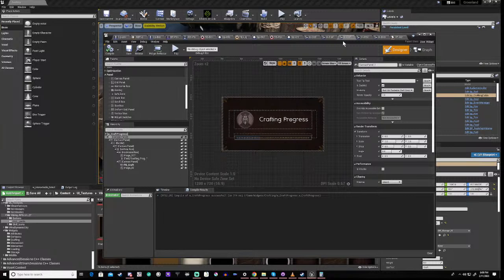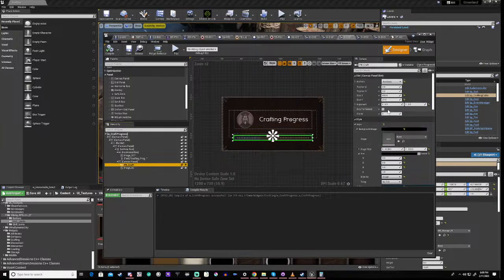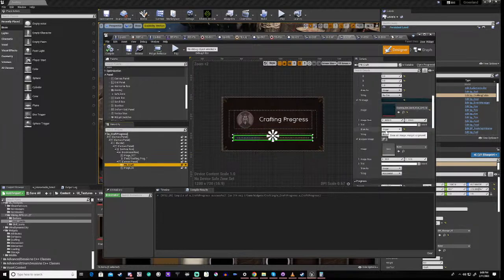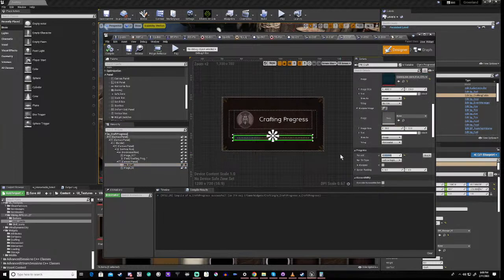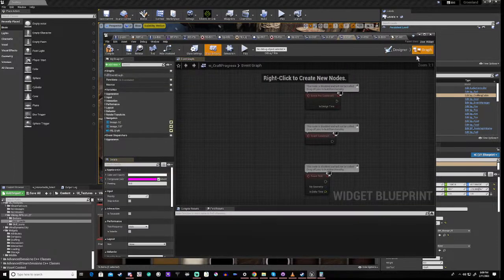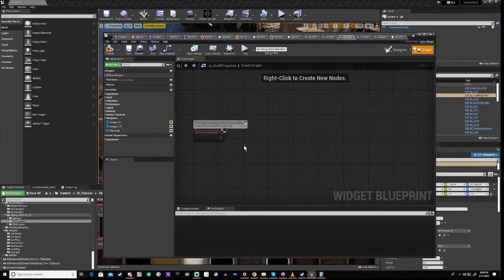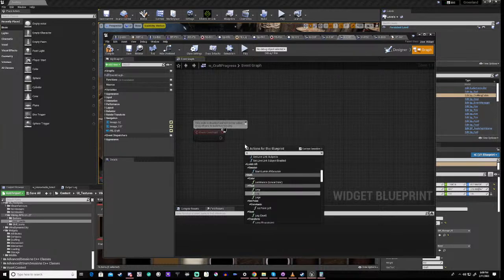But what we could do is, if we go to our PB Craft, right, and we go to our progress, go to 0, right, then we can go to our graph and on event construct, right, yeah,